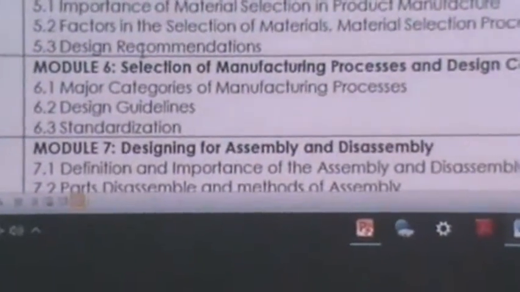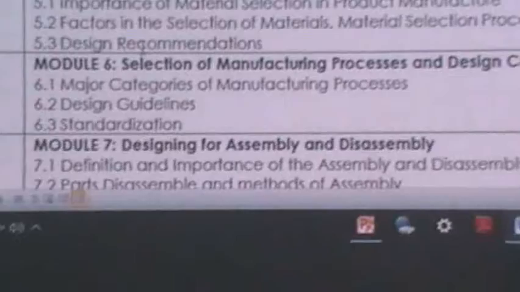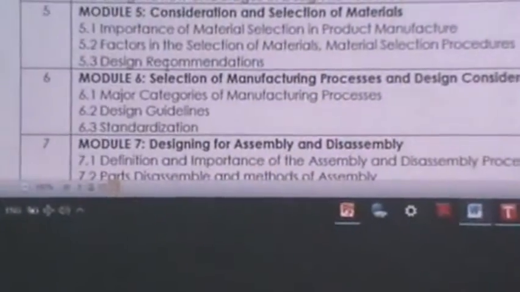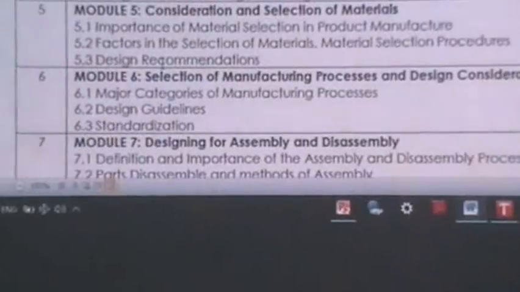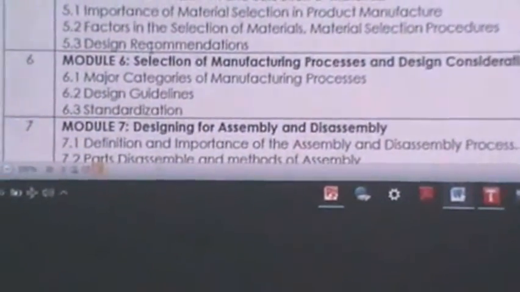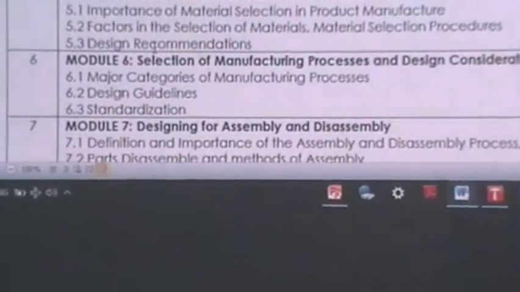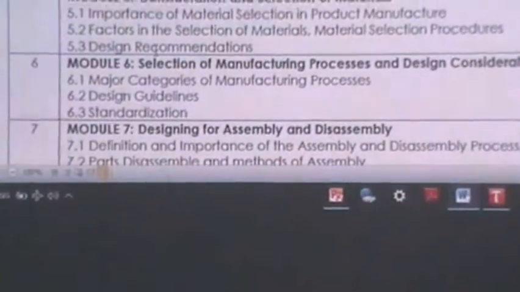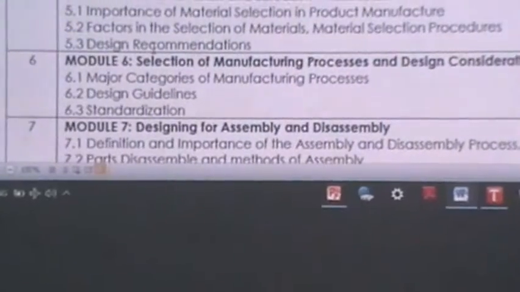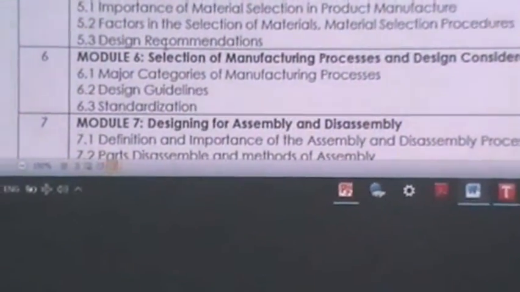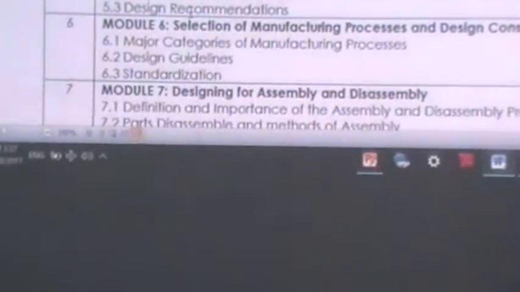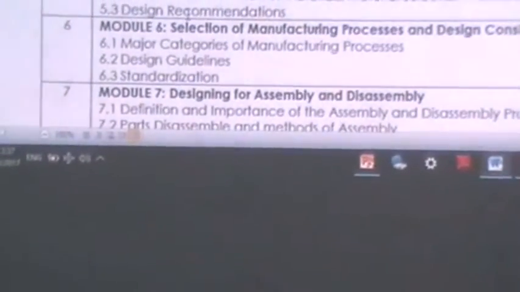Module number 6, we will talk about the manufacturing process, and especially the selection of the manufacturing process. When we build our design, we must know what is the process to make or to build this product, to manufacture the product. Major categories of manufacturing processes, design guidelines for all of the manufacturing processes. We have many considerations we must take in design guidelines,